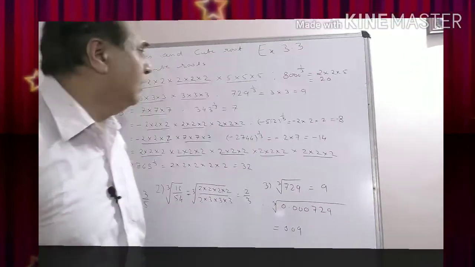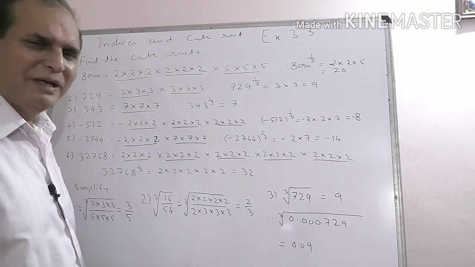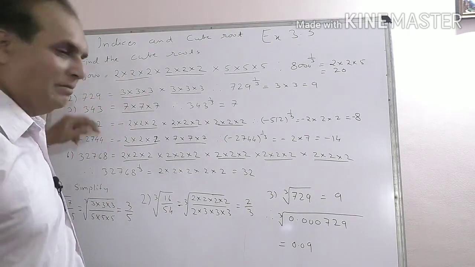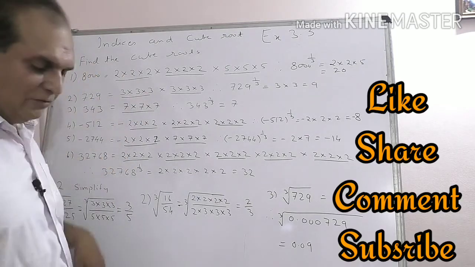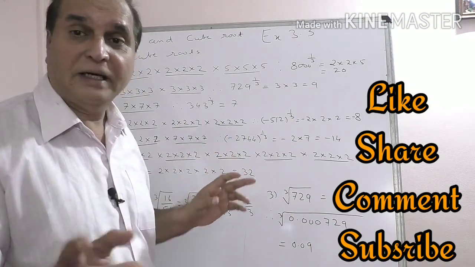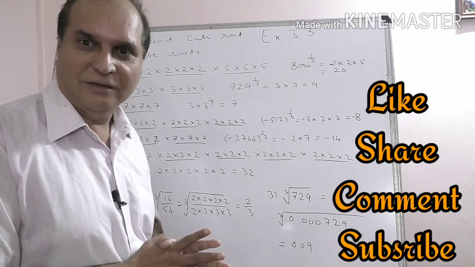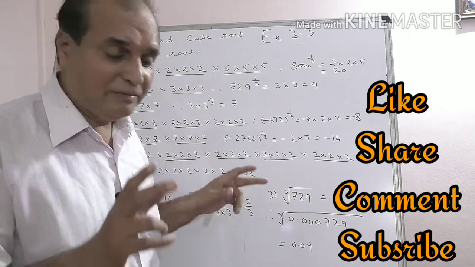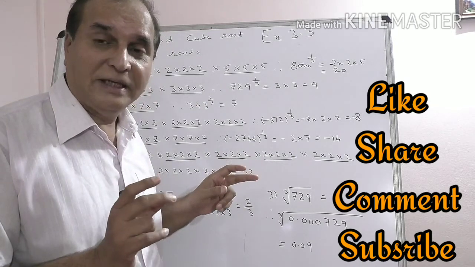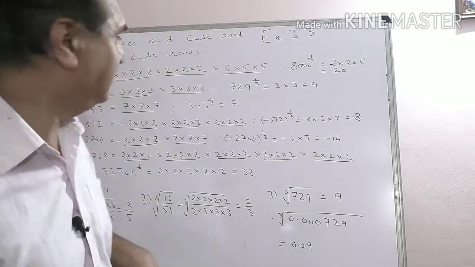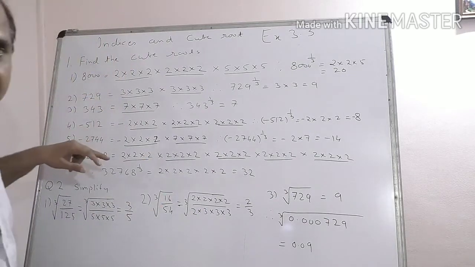We'll go ahead. Okay, exercise 3.3, very simple this is. Find the cube roots of, a few numbers are given. What you have to do is you have to factorize totally. Fully factorize with prime numbers only. So after factorization every number must be prime. For 3 same numbers you can take 1 number out for cube root.